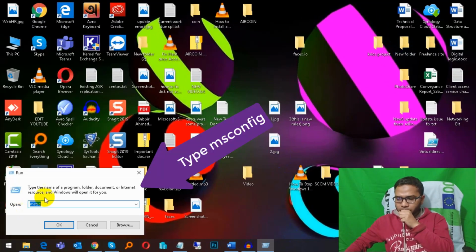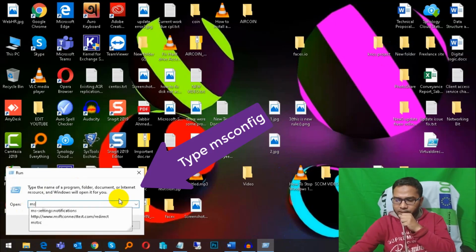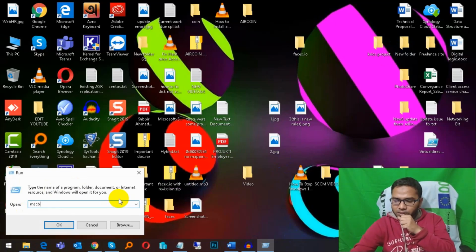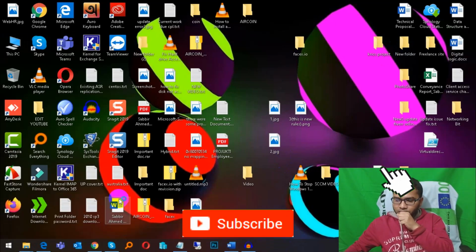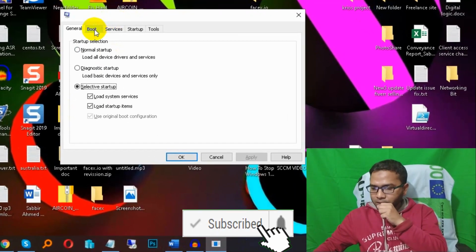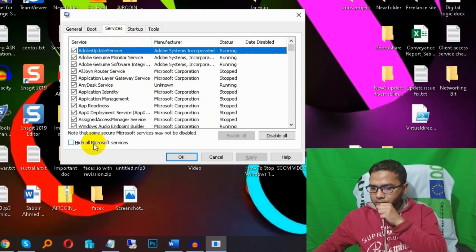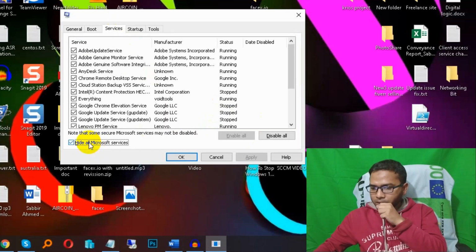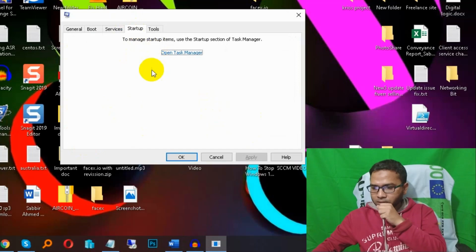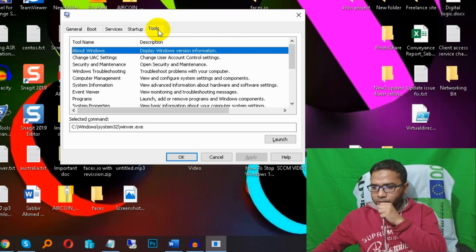Go to Run and type msconfig, and then click the Boot option. Okay, then click on Services, and check for unwanted services. If you don't need any service, uncheck it here. Then click Startup and then